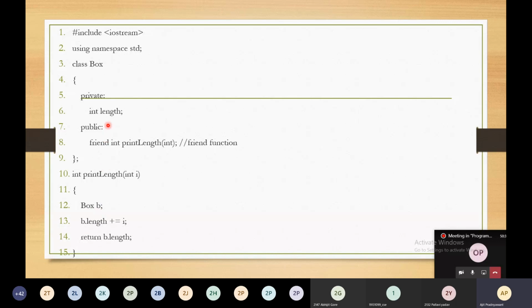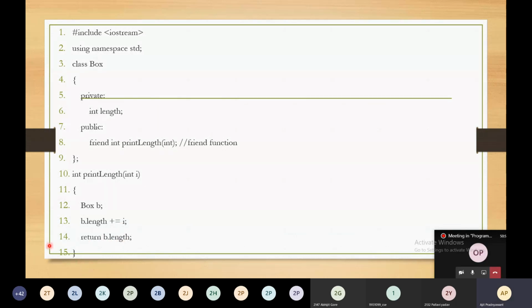Keep in mind this length is a private member. We can access this inside the friend function. So b dot length plus equal to, we are adding that value, plus equal to i. At the end it will return the value of length, b dot length.